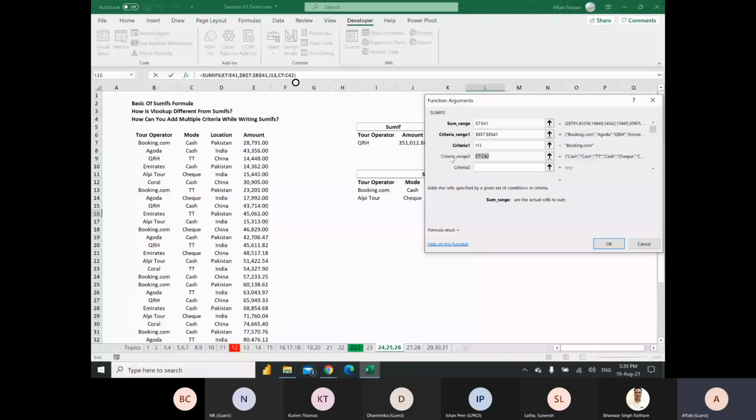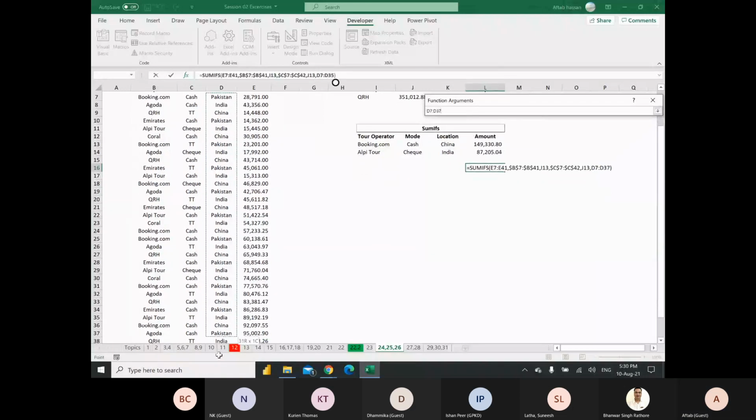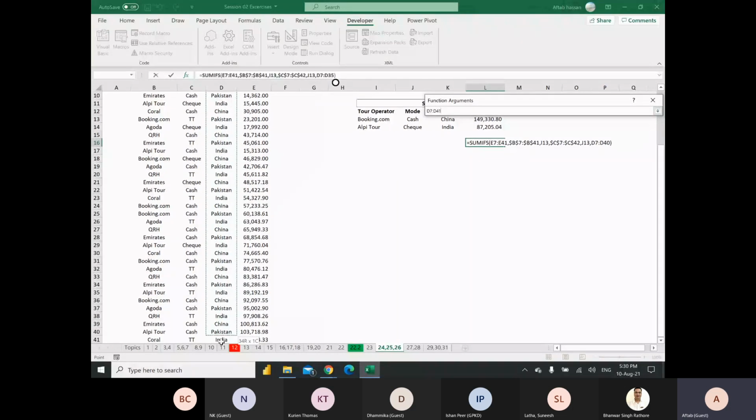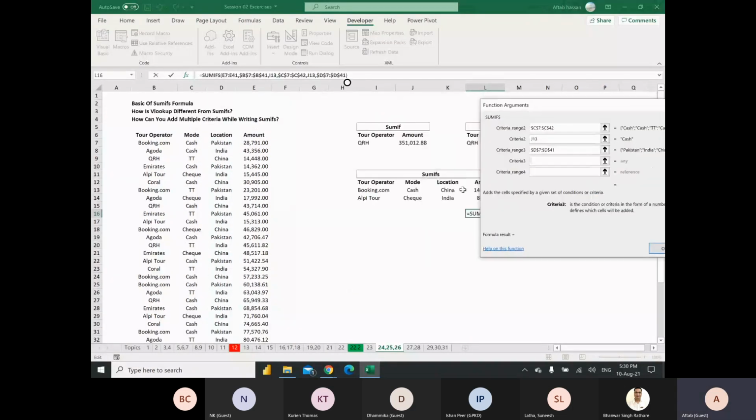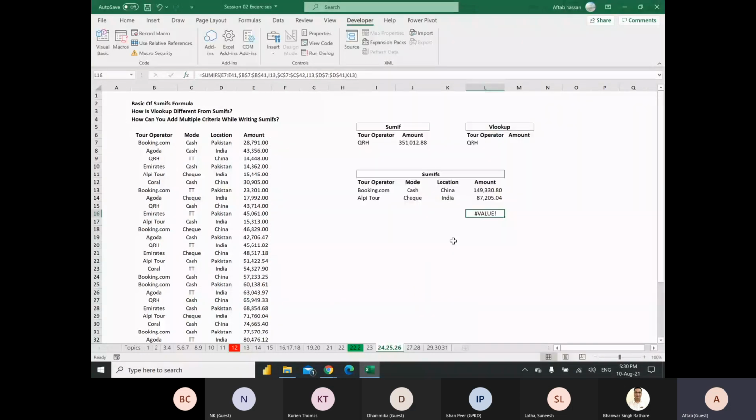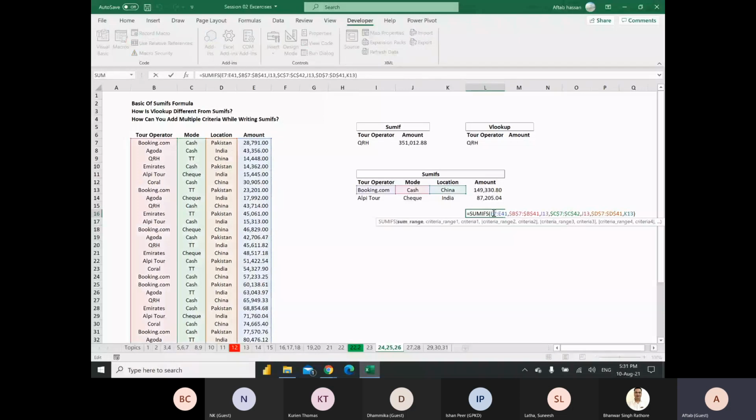And the criteria is cash. We will press tab. Automatically it will go to the third criteria. We want to know that from each location how much we received in cash. Criteria is location. Okay, so when you click on enter, you can see that it has not given us any